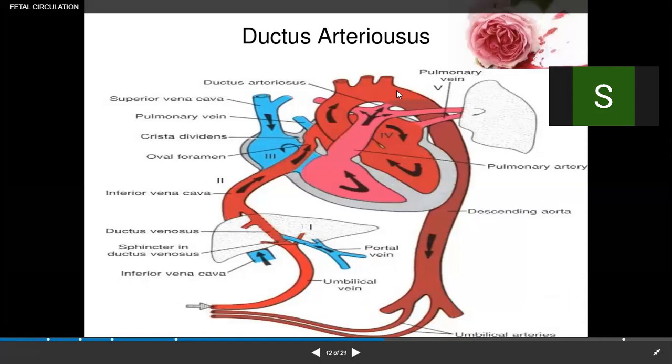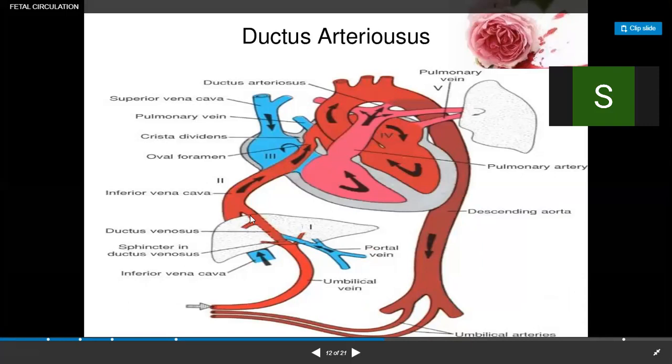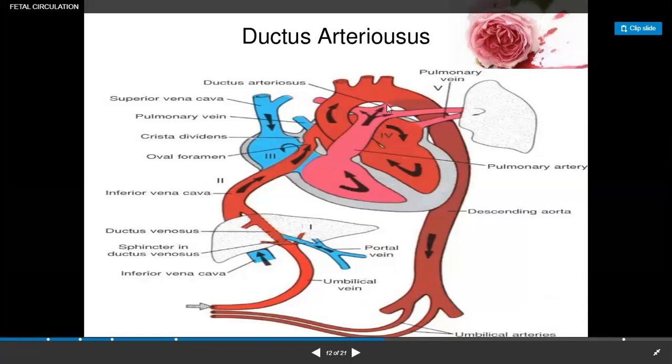But there is a shunt in between. The first shunt is called the ductus venosus. The second shunt is called the ductus arteriosus. The pulmonary artery is connected with the aorta. So this pulmonary part is connected with the aorta, that is the ductus arteriosus, and there is a connection